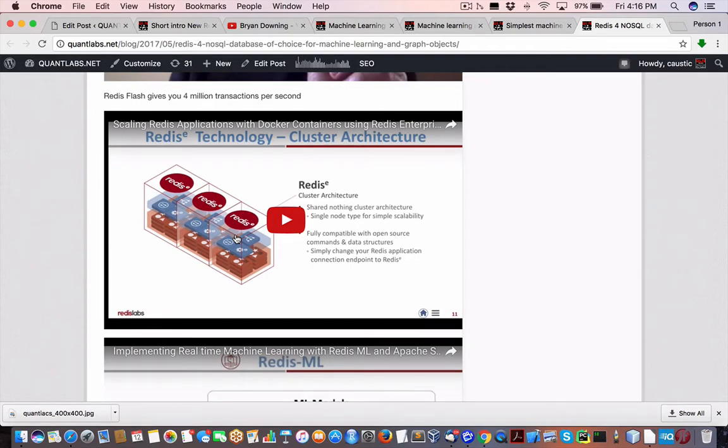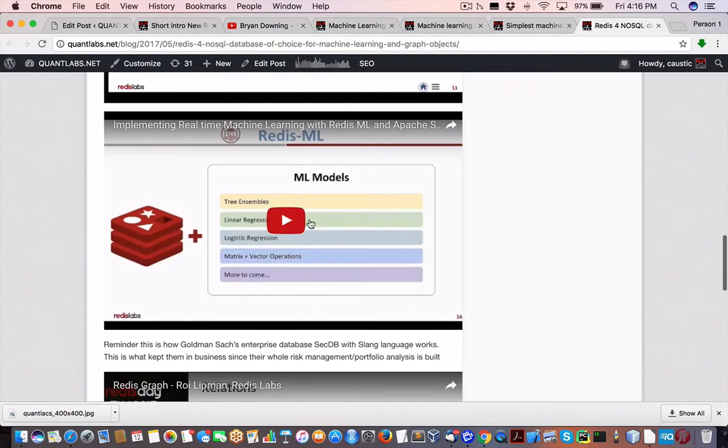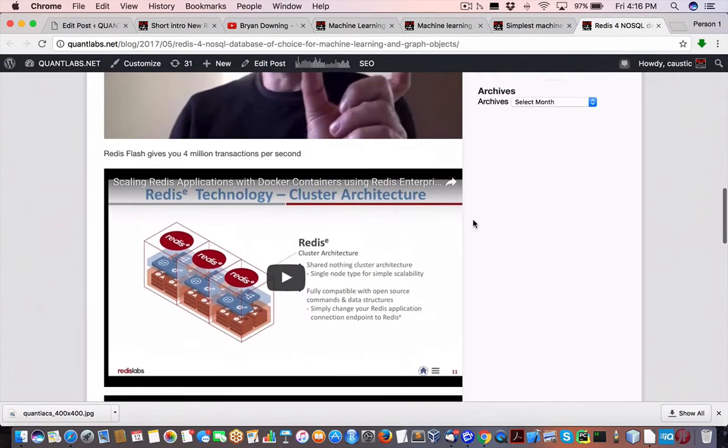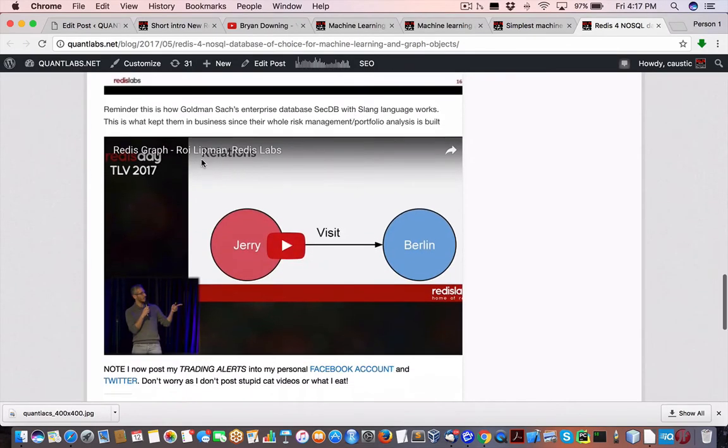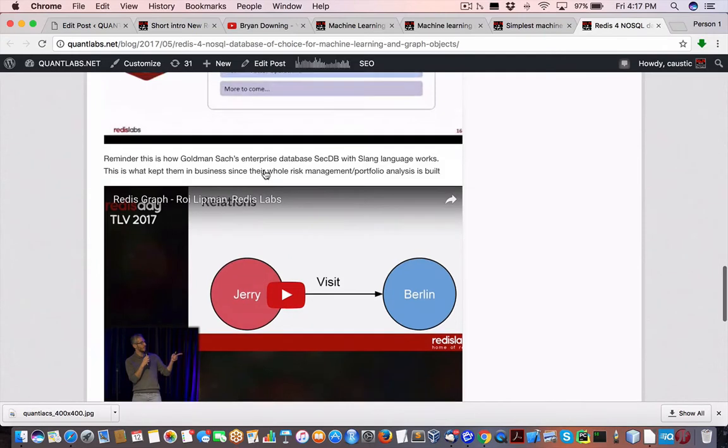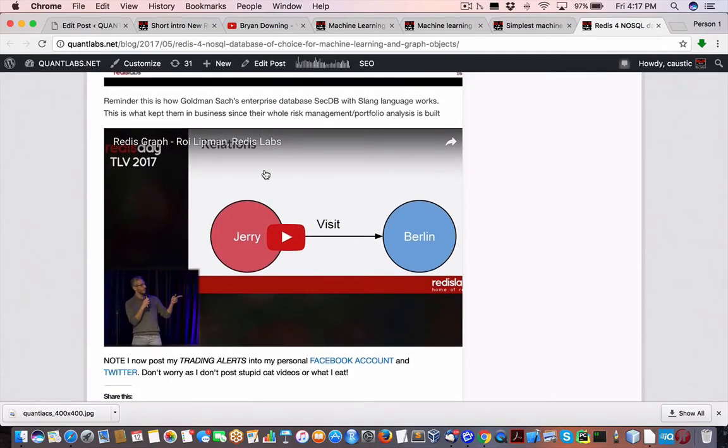If you want to add new features on top of Redis, all you do is take the functionality you want and use that module, which will sit on top of your core database engine. The two areas I'm very interested in are Redis ML and Redis Graph. First, the reason I like Redis Graph is due to the